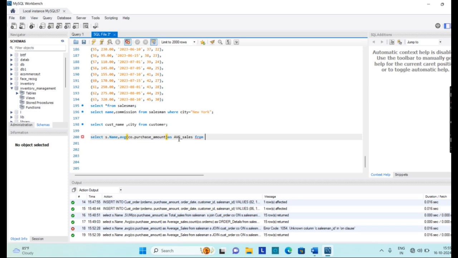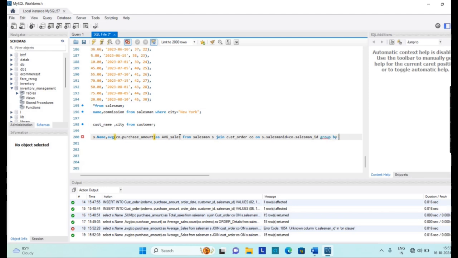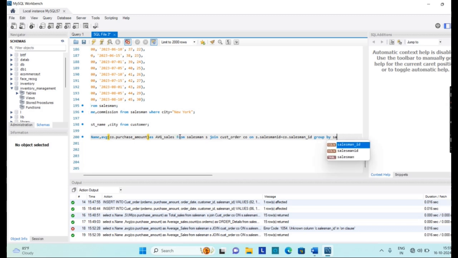From salesman S join customer order CO on S dot salesman ID equal to CO dot salesman ID group by, because we are using an aggregate function, so we are writing group by S dot name.